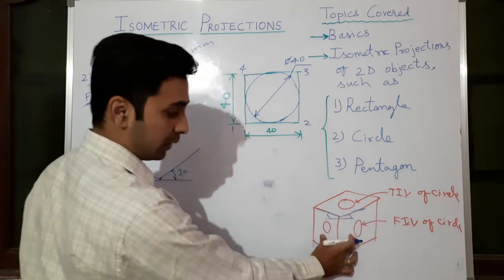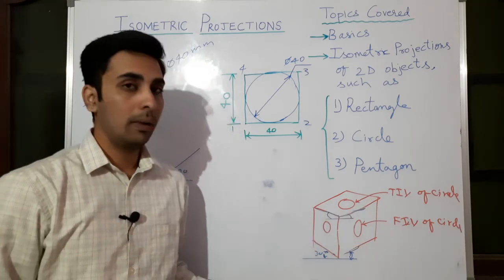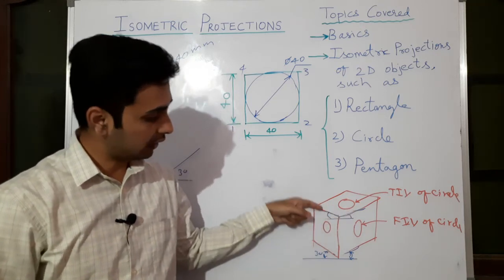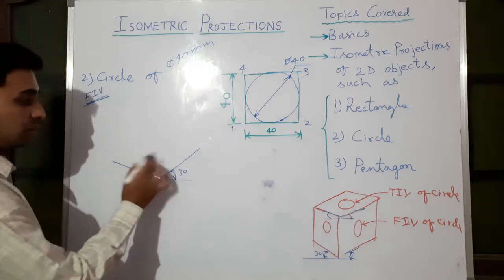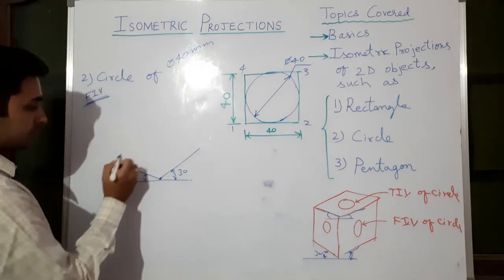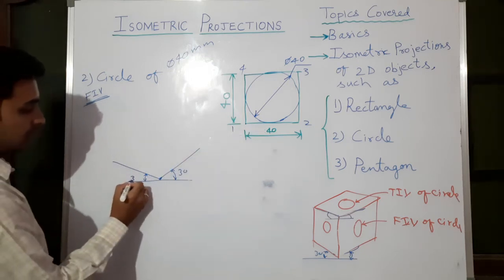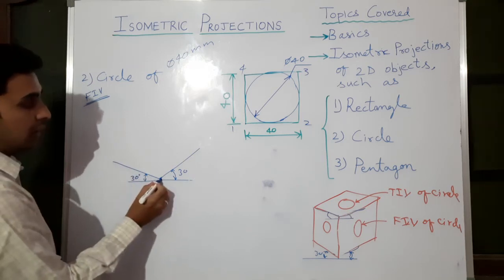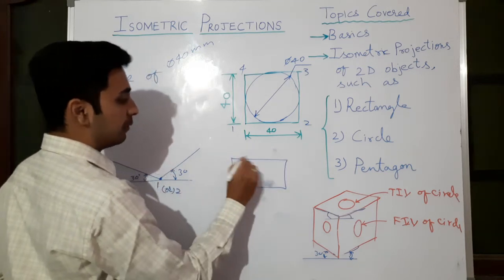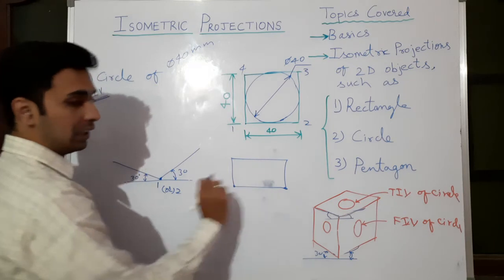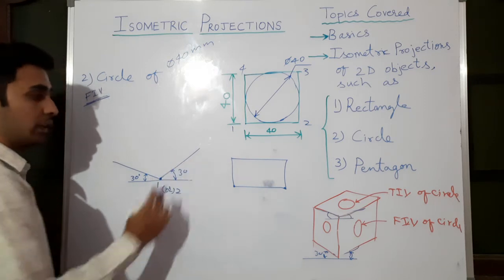So these are the front isometric views where only the horizontal lines were at 30 degrees, here this and this. And in the top view, this line is at 30 degrees, this line is also 30 degrees. So whenever you are drawing the top isometric view, both the lines are at 30 degrees. So at 30 degrees we have drawn a 40 mm long line, and at another 30 degrees we have drawn a 40 mm long line. Now this point you take 1 or 2, it doesn't matter. If it is a rectangle, then it matters. Either this or this we will take, or in the first attempt we will take this, and in another diagram we will take this, but for a square it doesn't matter.